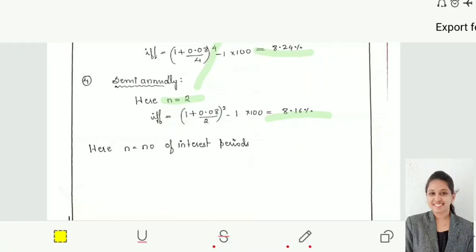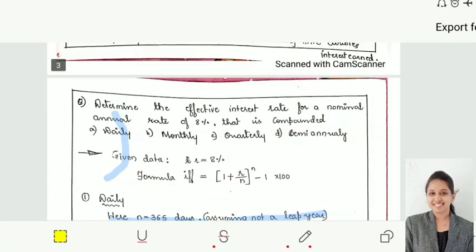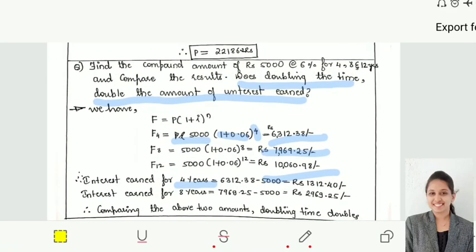Okay, so we have seen the concept and all the different possibilities of the numerical. If you understand the concept in detail, whatever the type of numerical asked, you will be able to solve it. Okay, so this last problem is very important. This kind, with different forms of the question, will be asked. So here we'll end this lecture.